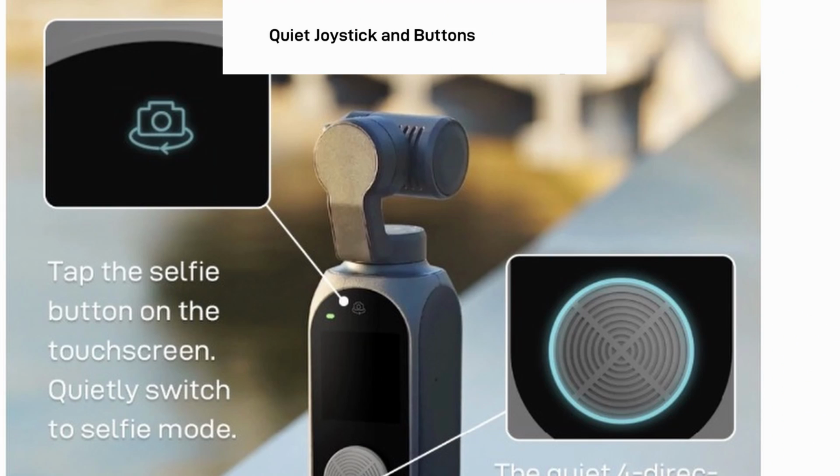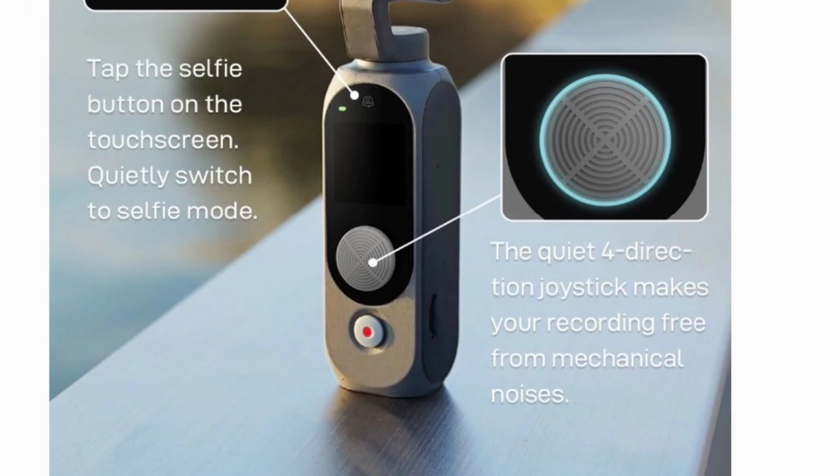You've got built-in Wi-Fi, you've got tracking, you've got a microphone jack, you've got a wide field of view. You don't have the best image quality. We'll see how that Sony sensor performs, but I'm going to buy it so you don't have to buy it. I'm such a martyr. There's a small touch-sensitive button on the top which will switch it between front-facing recording and selfie mode. Kind of a nice design. And you'll be happy to know that the old noisy joystick from the Fimi Palm 1 has been removed and replaced